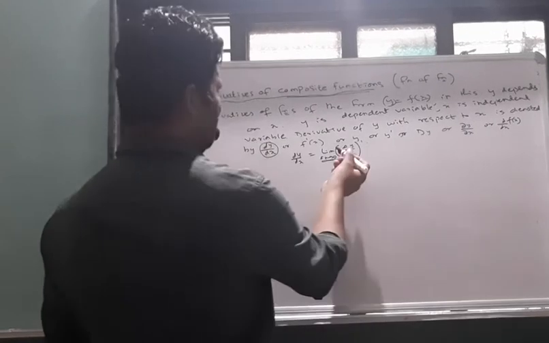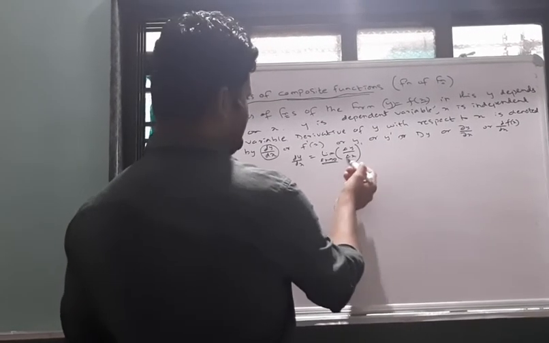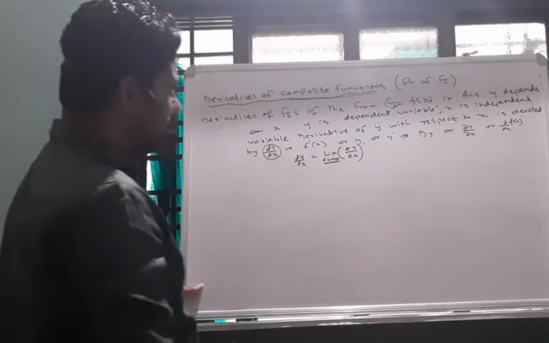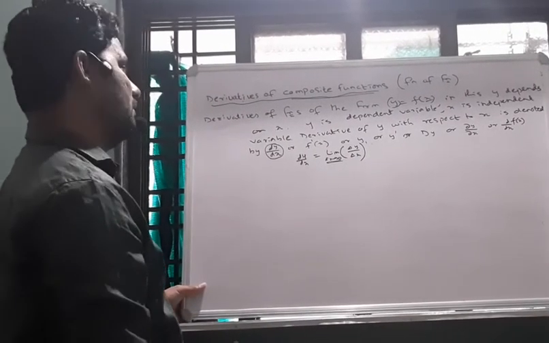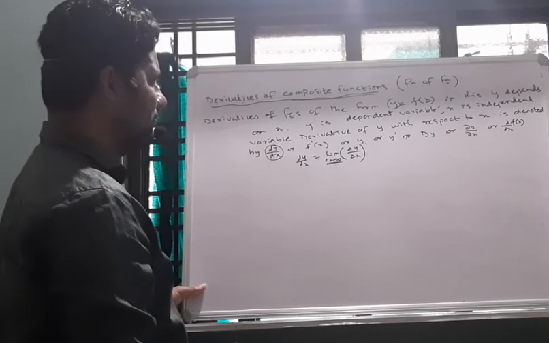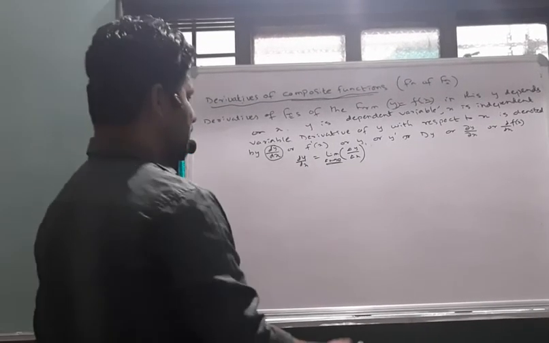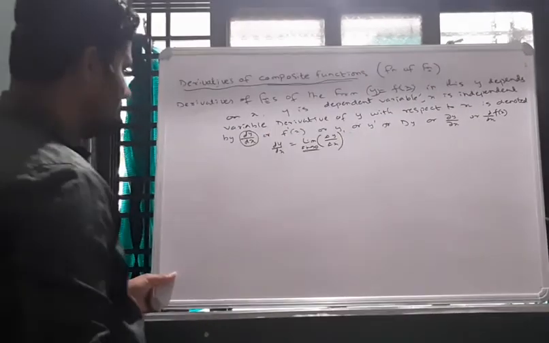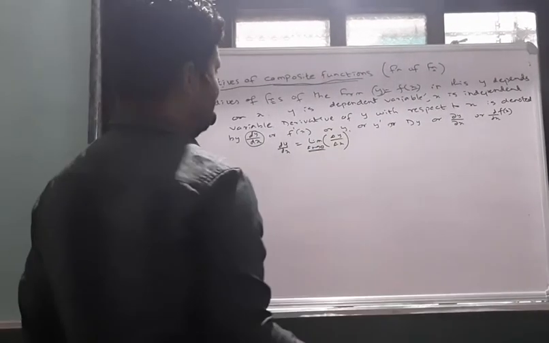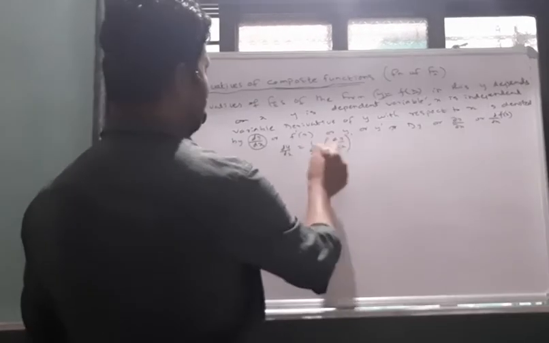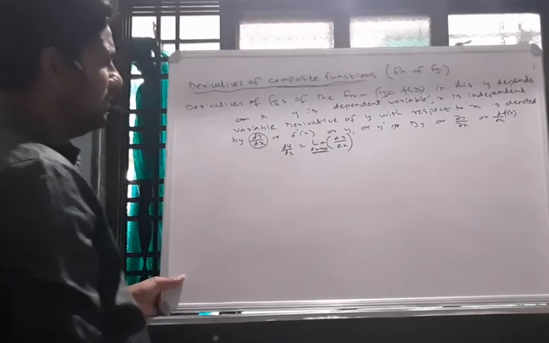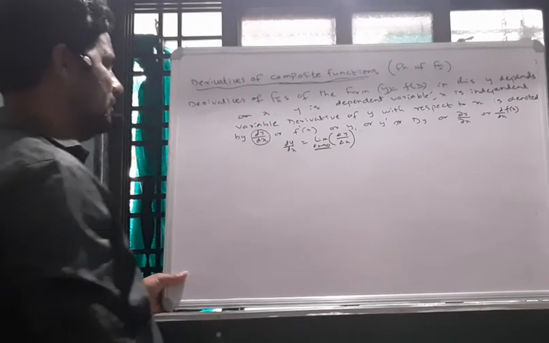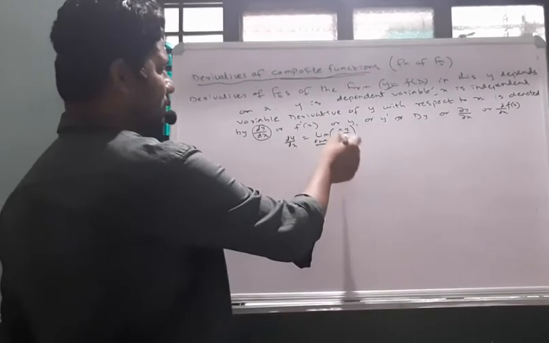It is also termed as the error in y. Error is nothing but the small change in the original value. The original value is the dependent value with respect to the independent value. So this is also termed as the error. That we will discuss in the next lesson: how to find the errors. Errors are absolute errors, percentage errors, and relative errors. These can all be found using the derivative.